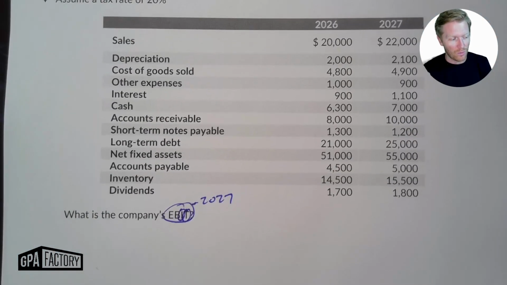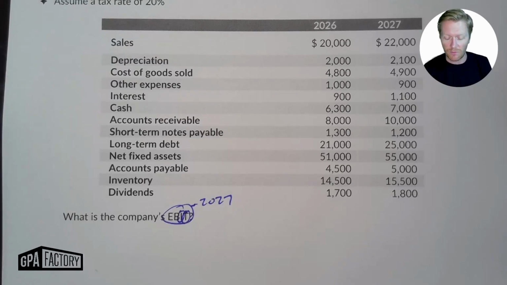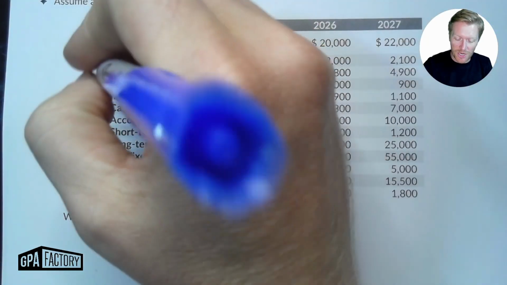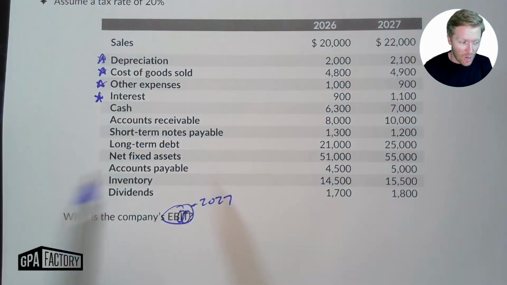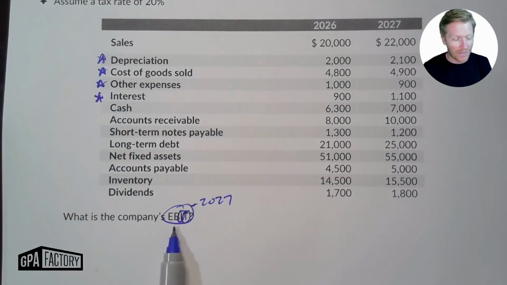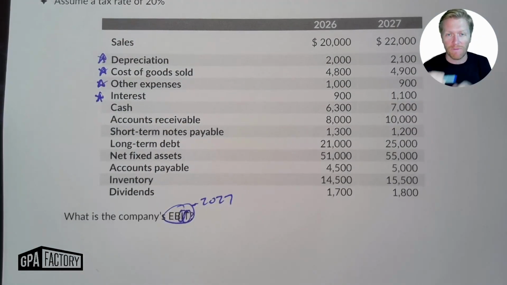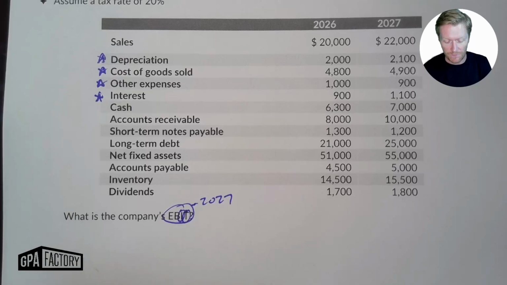We do have to know the difference. This is what we have to bring in from accounting. We have to know what our expense items are. So expense items are going to be depreciation expense, cost of goods sold, other expenses, and interest. But again, we are not going to subtract off interest yet because we want to get down to EBIT, earnings before we have subtracted off interest and taxes. So for the time being, for 2027, we are going to take 22,000 revenue. We're going to subtract off the 2,100 of depreciation, the 4,900 of cost of goods sold, and the 900 of other expenses to get